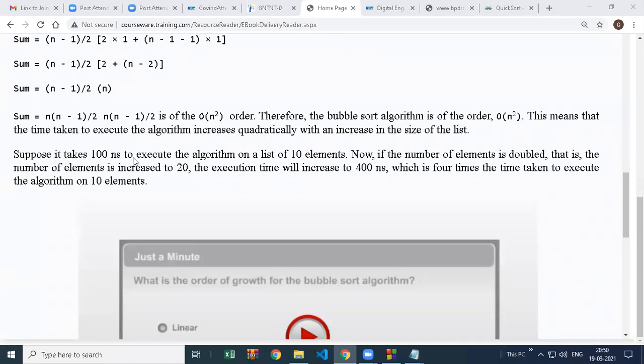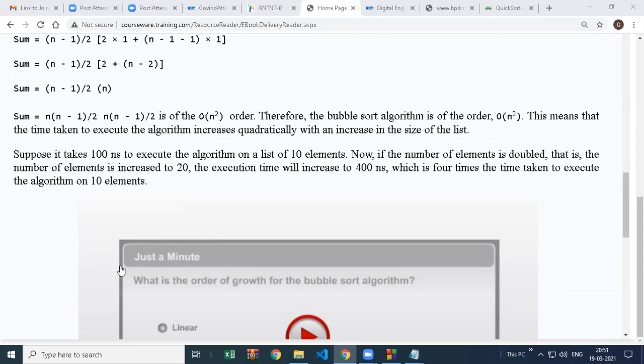Suppose it takes 100 nanoseconds to execute 10 elements. Now if the number of elements doubles to 20, your code will take 400 nanoseconds.